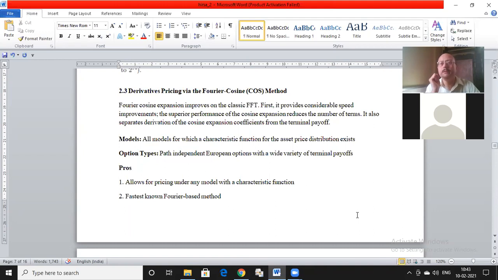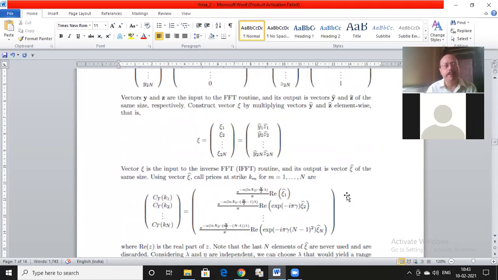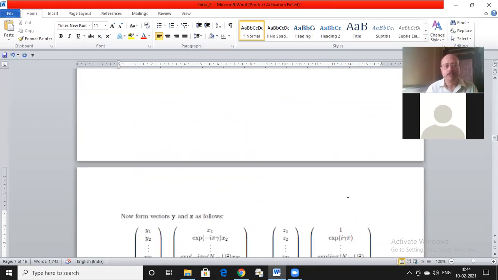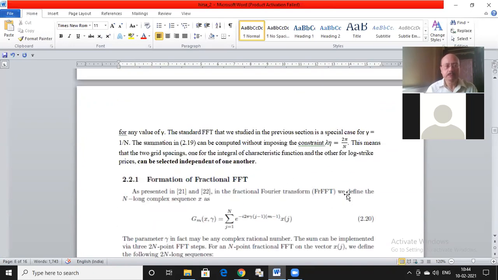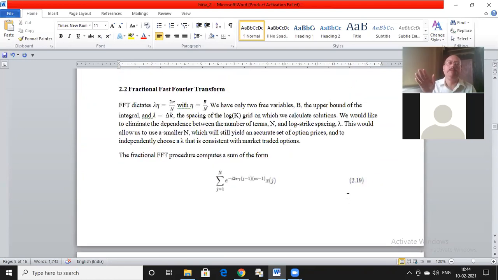So I will just repeat once more. In the fast Fourier transform method, we have seen that the computation for the whole series expansion terms as well as the terminal payoff was done at one go using this kind of matrix manipulations. So computations were simultaneous. If I were to do it for only one particular strike price, it would be costly because it would be order of n log n computations. So in practical applications, what is usually done is you take a sequence of strike prices, maybe n of them.